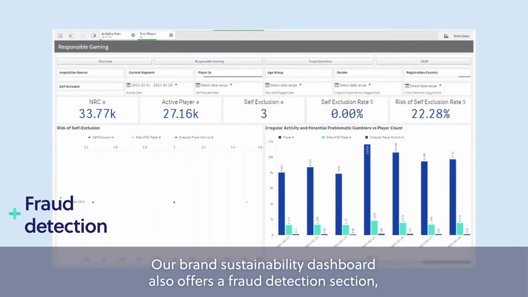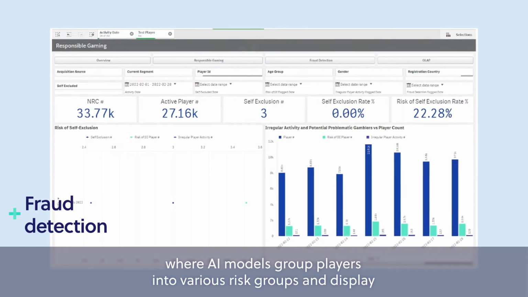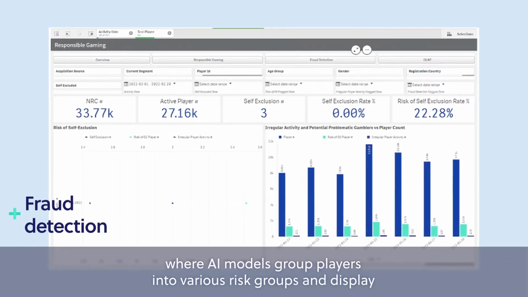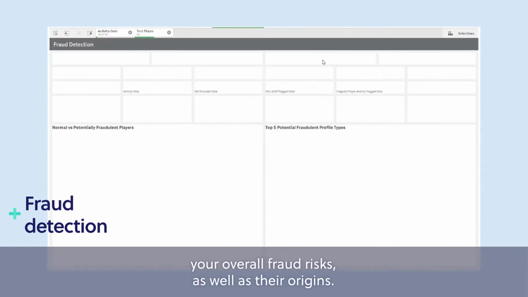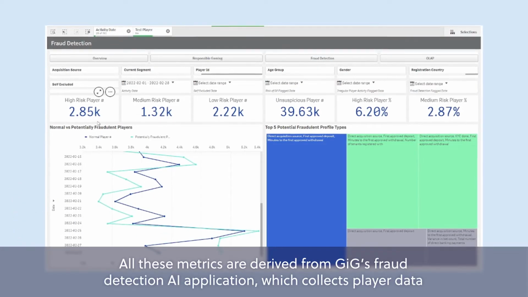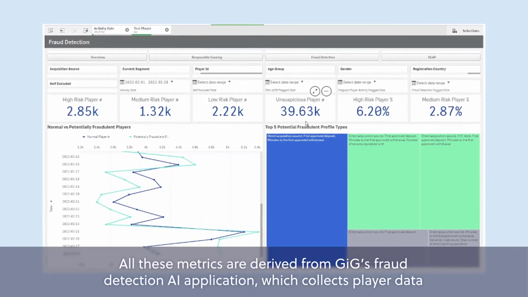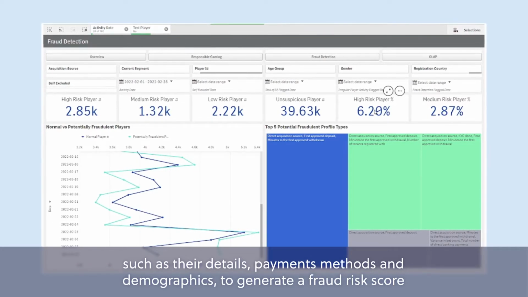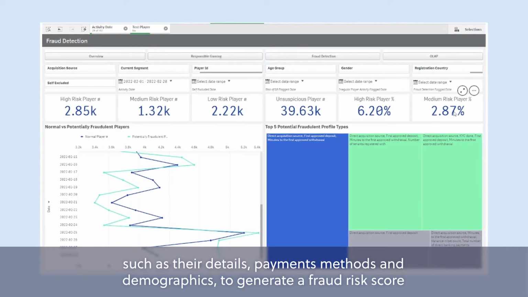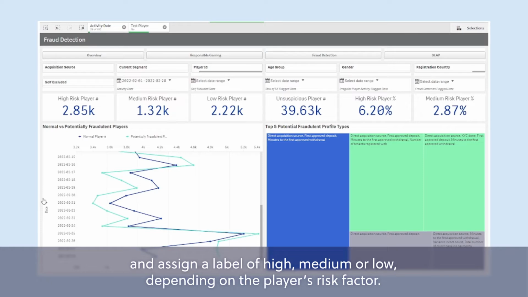Our brand sustainability dashboard also offers a fraud detection section where AI models group players into various risk groups and display your overall fraud risks as well as their origins. All these metrics are derived from GiG's fraud detection AI application, which collects player data such as their details, payment methods, and demographics to generate a fraud risk score and assign a label of high, medium, or low depending on